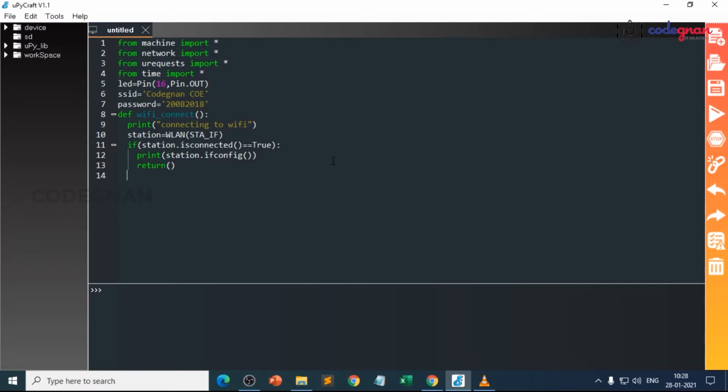Else, what we need to do here: if it is connected to the previous Wi-Fi, automatically it will print the Wi-Fi configurations.